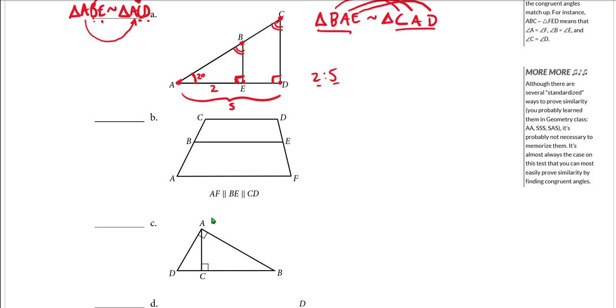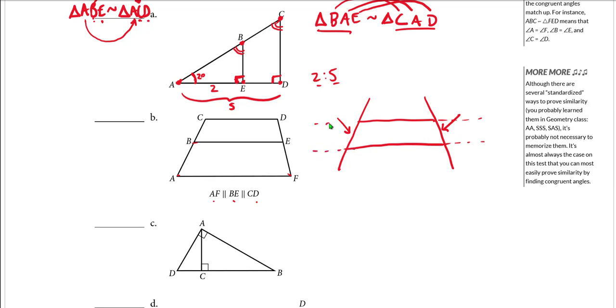In example B, we are told that AF, BE, and CD, so all these horizontal segments here, are parallel. Remember earlier we talked about parallel lines, and about same side interior and alternate interior angles, in other words, all the angles that are and are not necessarily equal when it comes to parallel lines cut by a transversal. You should hopefully be able to see that when we have a trapezoid, I'll just draw a separate one, basically what's happening is you have these two non-parallel sides that are transversals